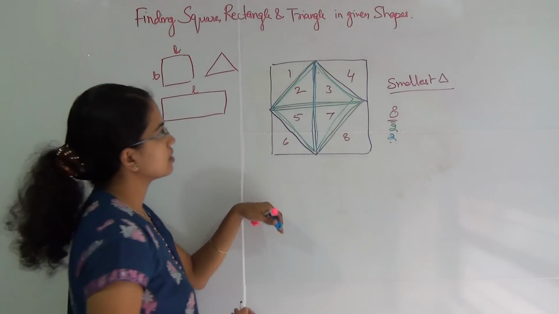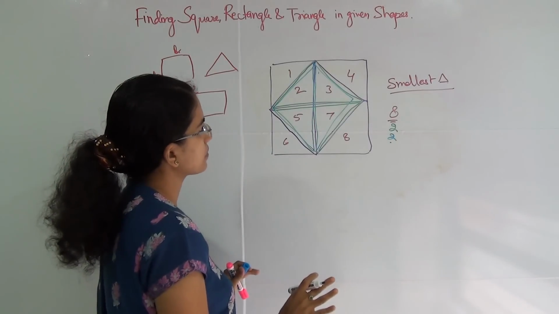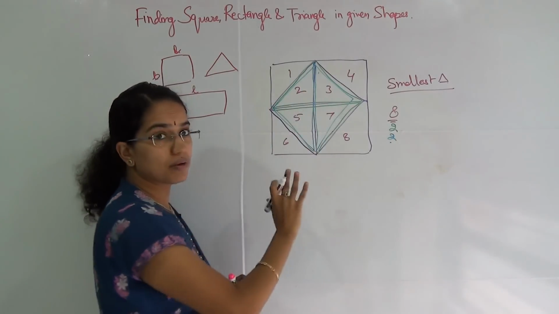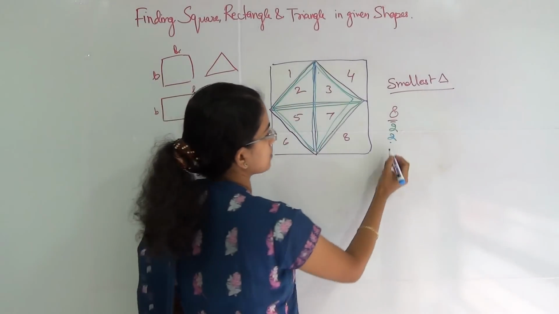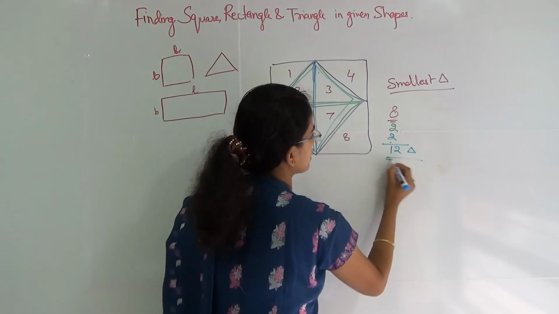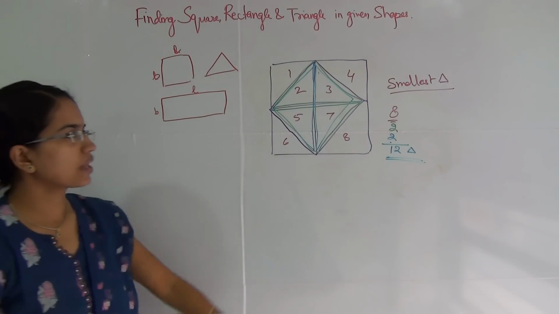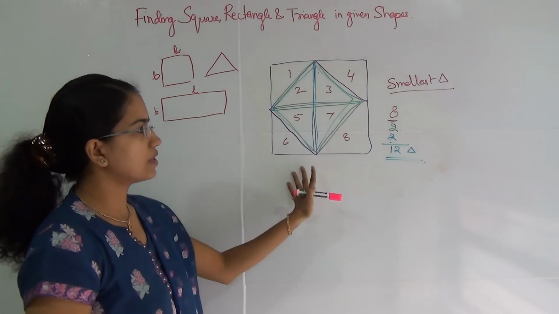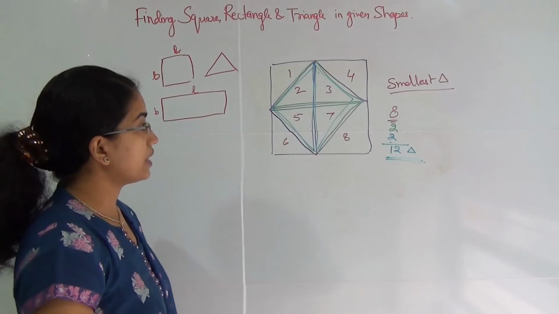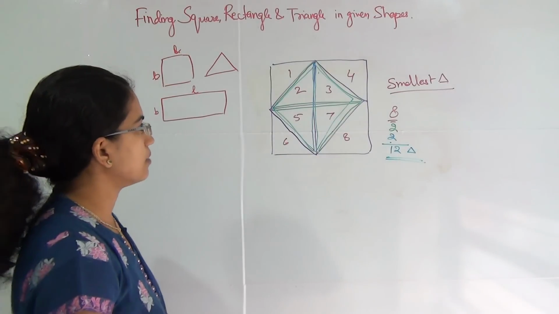So what would be the total number of triangles? Is there any other triangle that you can form here? So that's the maximum number of triangles that we can do in this question. So you have total of 12 triangles in this question. Now if I keep the question same and I want to find out the number of squares, how will I go about? Now in this question, most of the students get stuck.